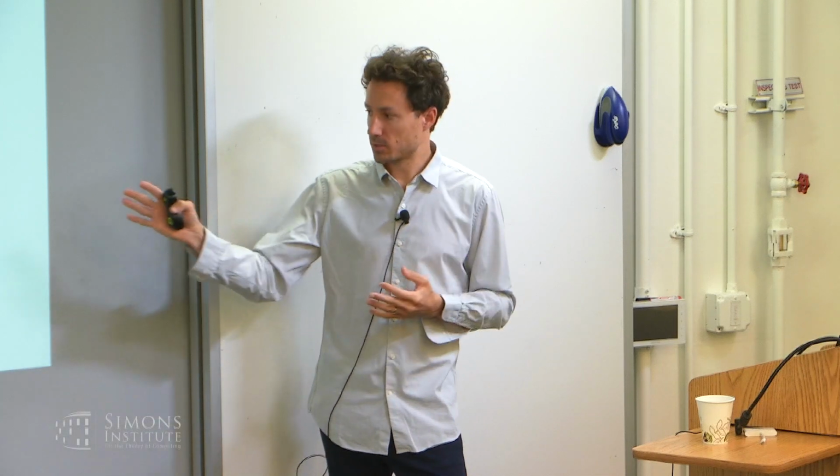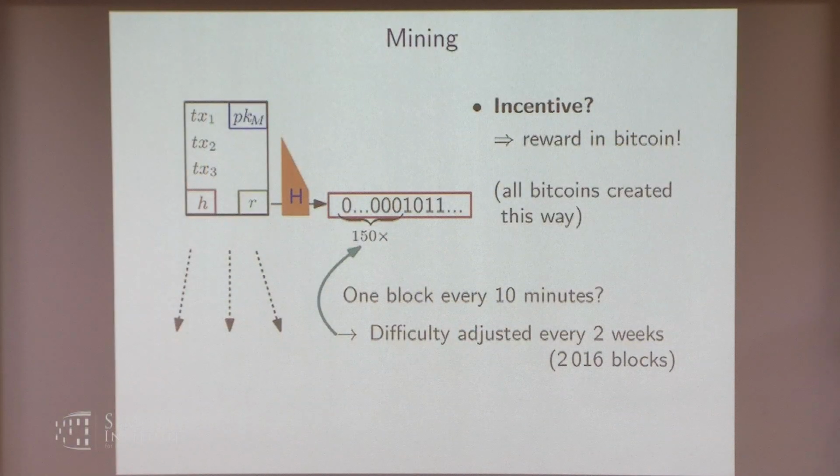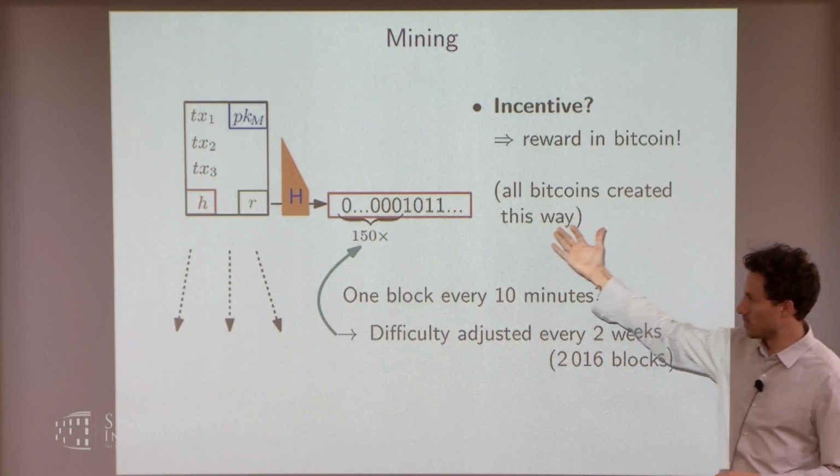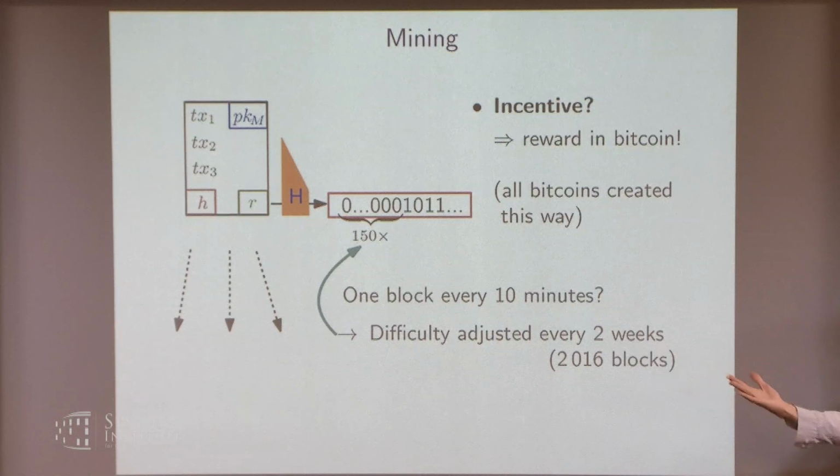So now you might ask, but there's no clock in this protocol, so how can the 2 weeks be determined? Well, you just take the actual time, you allow for some slack of people having non-synchronous clocks, and if someone calculates the new difficulty using something that's way off your own clock, you will just reject that block. So again, it's in the interest of the miners to stick to their view of the actual time.